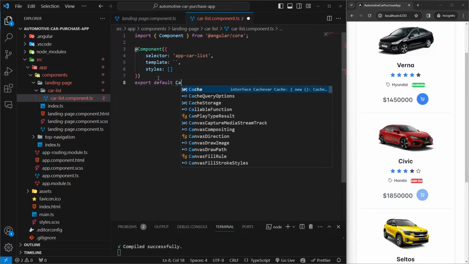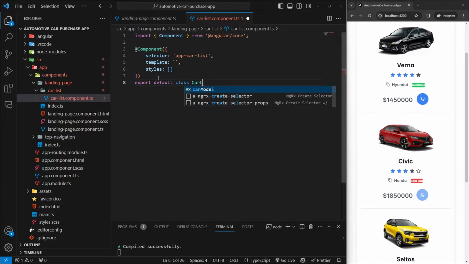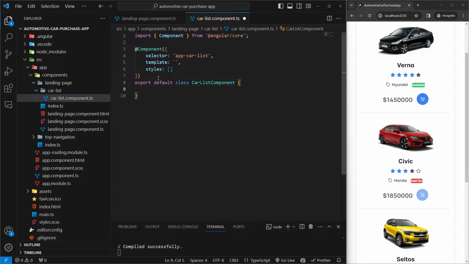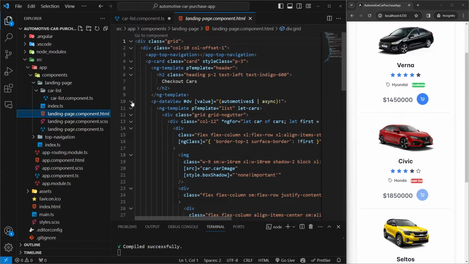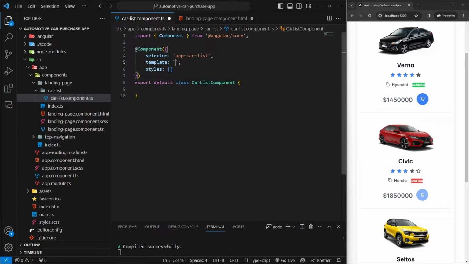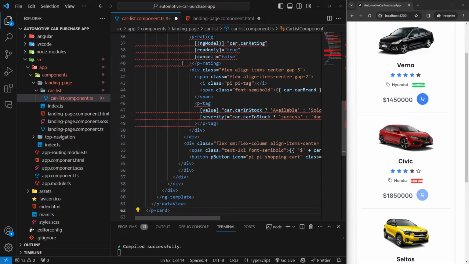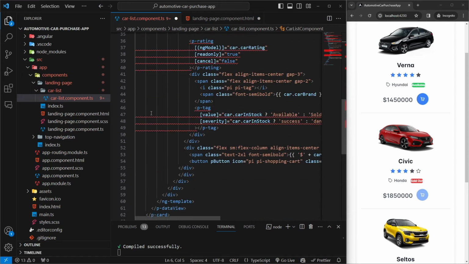This is the car export default class car list component, something like this, and where I can then do something like this. Now I know that my data for this component resides here in the p card list, this entire thing. So I will grab this and paste the entire code in my template attribute, something like this. So this is another way how we can do a few things like this, but it's absolutely up to you